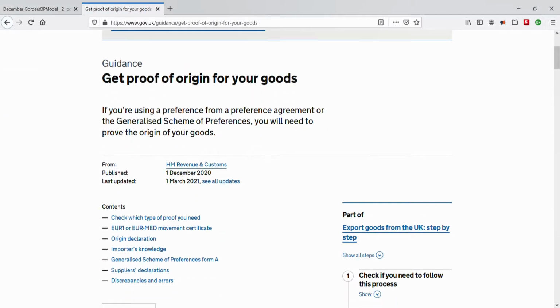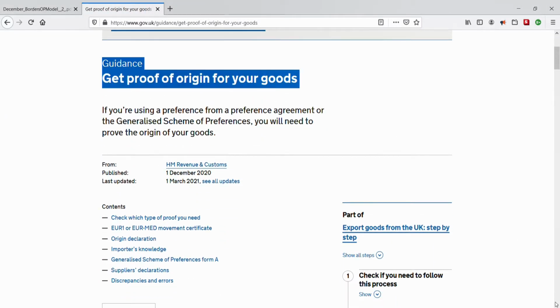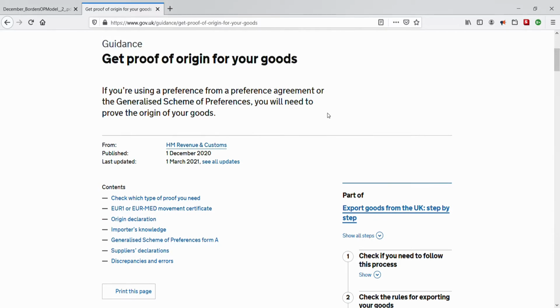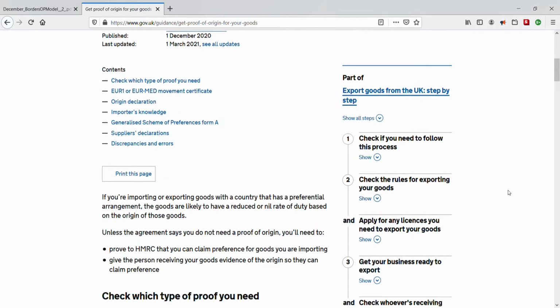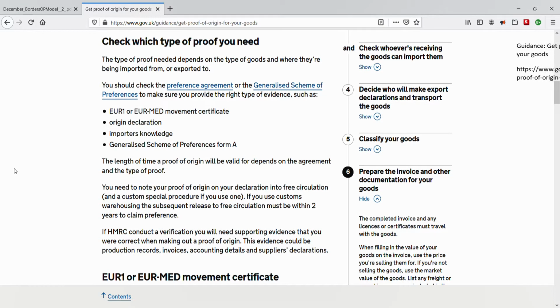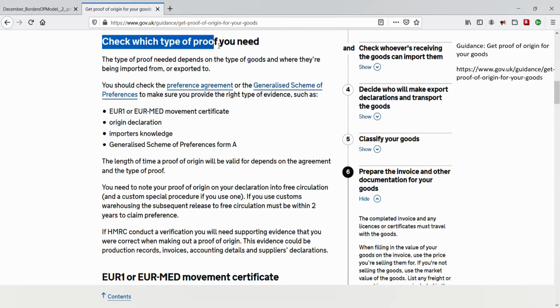Let's say you are a trader in GB. If you're trading overseas with another business in a country that is part of a trade agreement with the UK, for example, a country in the EU, then any related goods movements are likely to have a reduced or nil rate of customs duty at the border. However, this is dependent upon the origin of those goods. And, as a safety measure, and to prevent just anybody from fraudulently claiming such relief, you have to prove that your goods qualify for rates specified in the trade agreement in order to claim the reduced or nil rate of duty. So, unless otherwise stated in the trade agreement, a UK or EU trader will need to provide proof that they can claim preferential duties on goods they are importing.